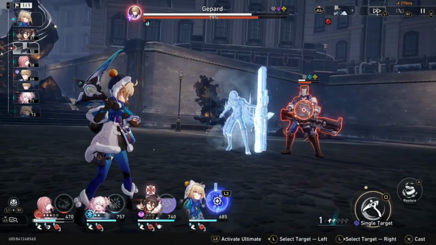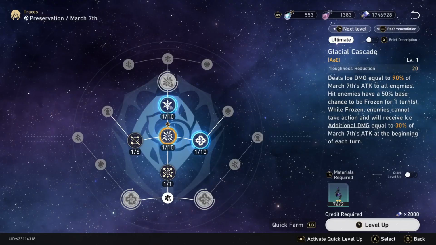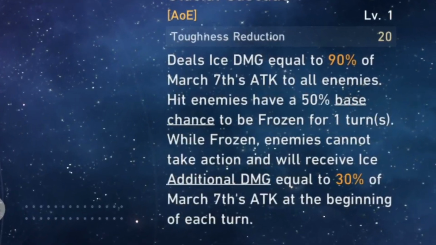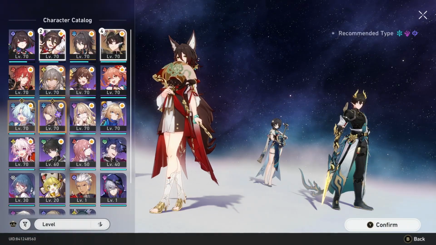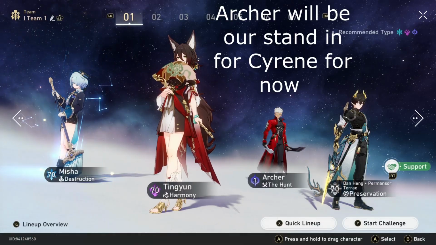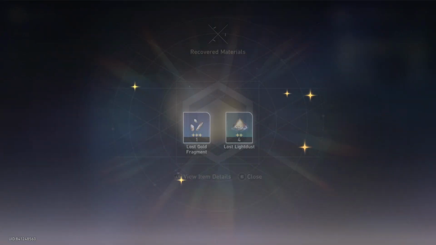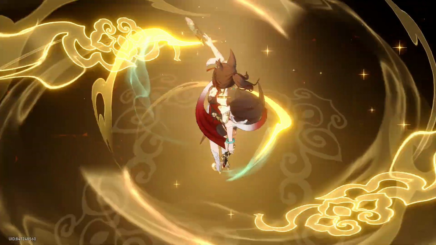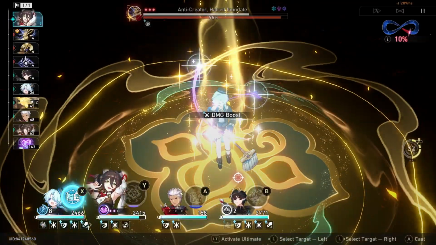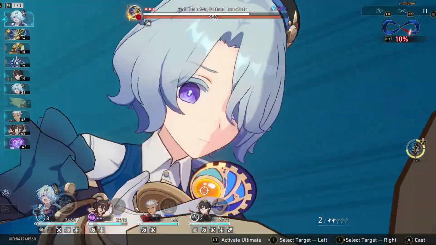Remember, we froze Japard with the base ult of March? What is that, a 20% chance or something, and he has control effect resistance, so there is a chance, right? So after giving Misha a body piece with effect hit rate, giving him his traces that give him like 140% extra effect hit rate on his ultimate, we go up to about a little bit over 200% effect hit rate on his freeze. And if this doesn't work, then...